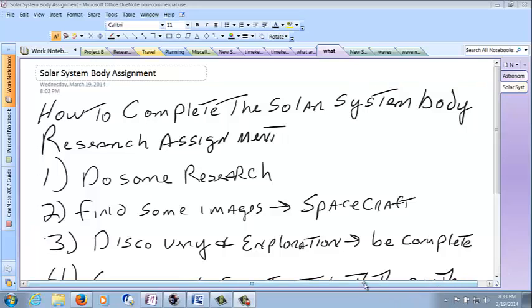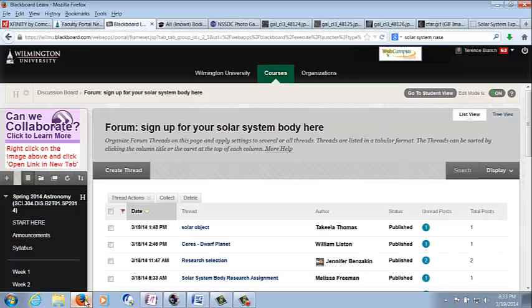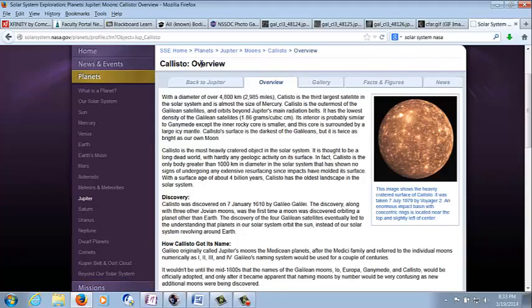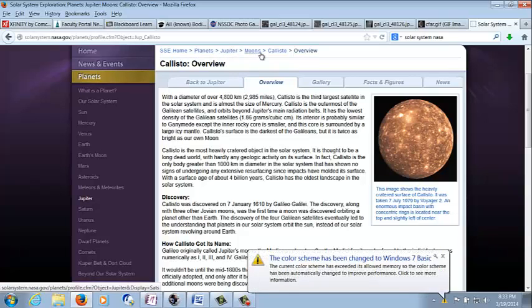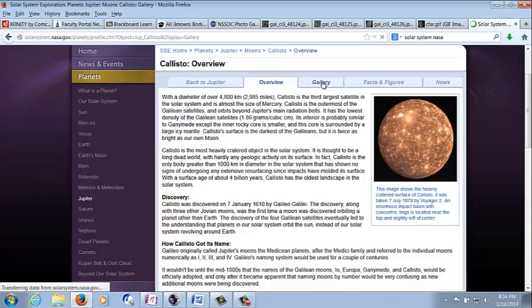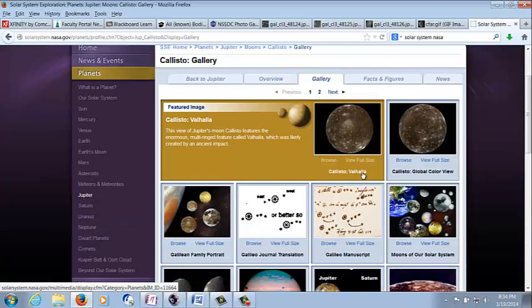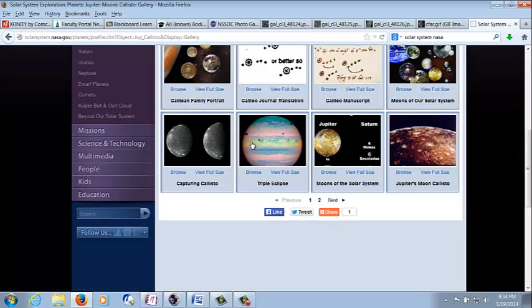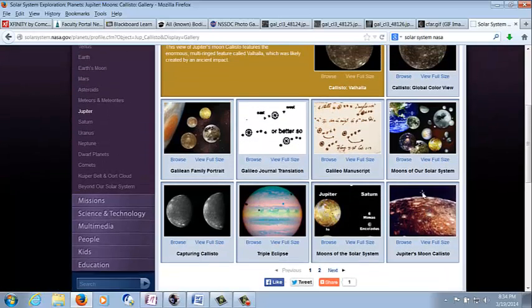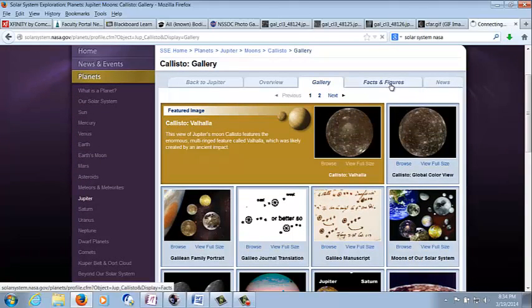NASA is a great source for research. You can go to NASA's solar system site, and NASA's solar system site will have things on each of the planets and each of the moons. So here I went under planet, Jupiter, moons, Callisto, and an overview. And I can have pictures of Callisto, drawings from Galileo, eclipses, surface drawings, facts and figures,